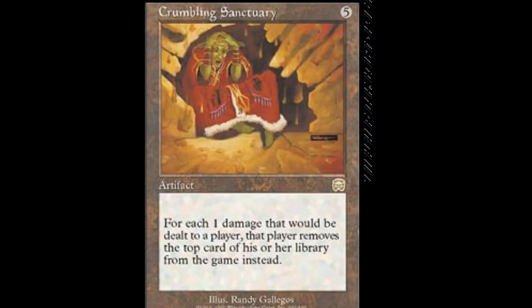Crumbling Sanctuary. To my buddy Clay, I know you're watching, Clay. Loves this card. He gave me a foil copy. But for each 1 damage that would be dealt to a player. Now, this is a replacement effect because it uses the term instead. Removes the top card of his or her library. So, in mass damage, if you are just...